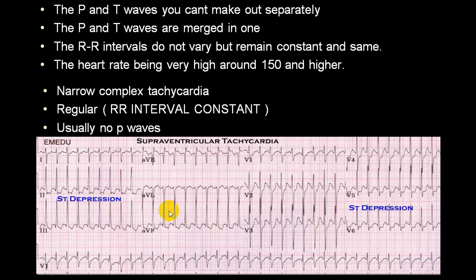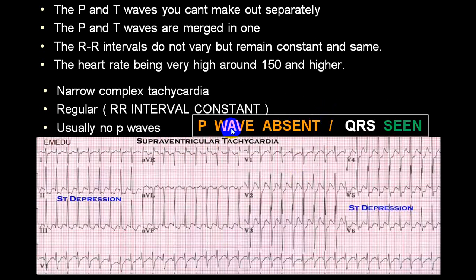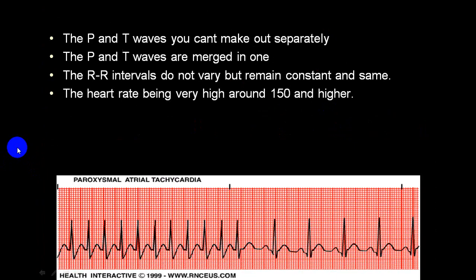Now you can see here, these are all narrow QRS complexes, and the RR interval is constant. We can't see the P wave, so you can't calculate the PR interval. There is no P wave, but all QRS complexes are narrow, and there is a severe tachycardia with a rate of more than 150 per minute. Straightforward, we can call that a supraventricular tachycardia. So the P wave is absent or you can't see it, the QRS complex is present and narrow, all QRS complexes are the same, the RR interval is the same, and the rate is more than 150, in favor of supraventricular tachycardia.